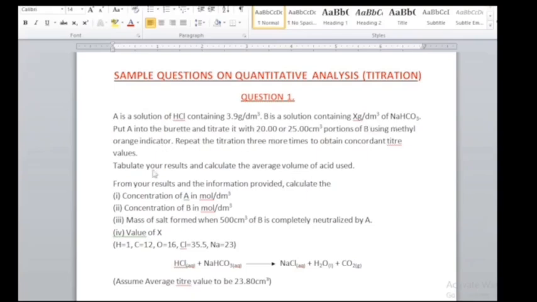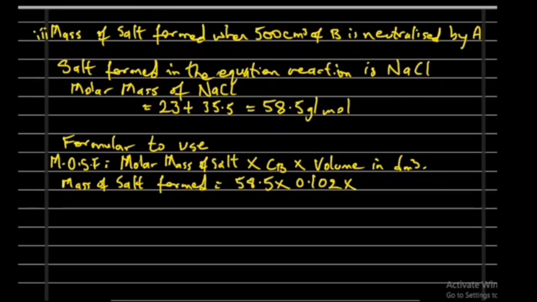You can see it here now. They said mass of salt formed when 500 centimeter cube is completely neutralized in A, and A is 1 dm cube, so we neutralize that in A. So the value we're given is 500 divided by 1000. So here we'll be having this now,